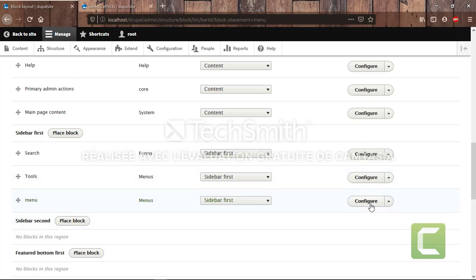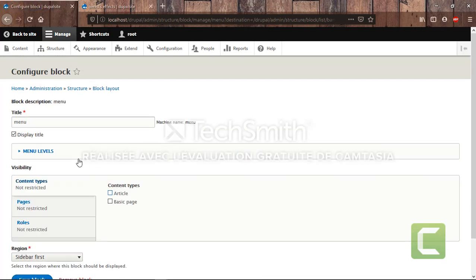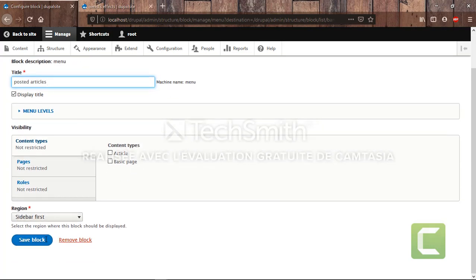As we can see, we created a new block in the sidebar. We can configure it. I'm gonna rename it because, to be honest, I didn't like this name. I'm going to name it posted articles, which is kinda more specific.